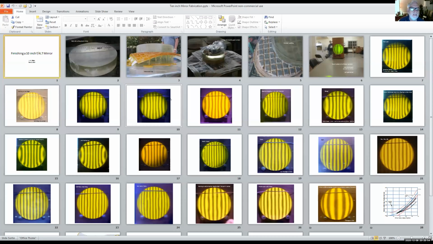Let me show you the machinations of one of my mirrors. Oh, where'd you guys go? Can you see this? Oh, yeah. Okay. This is a 10-inch mirror, f4.7. This was making the